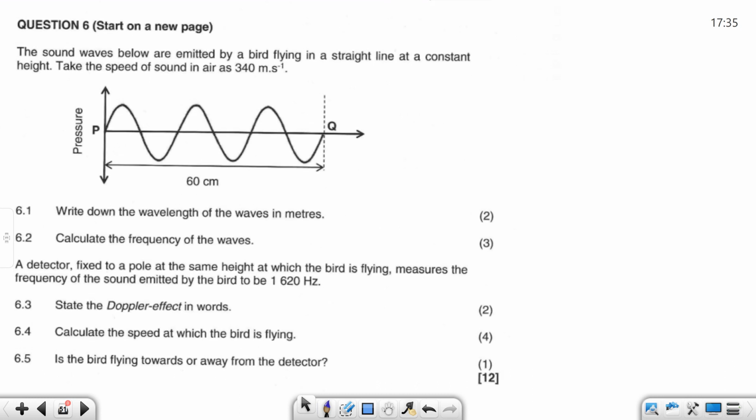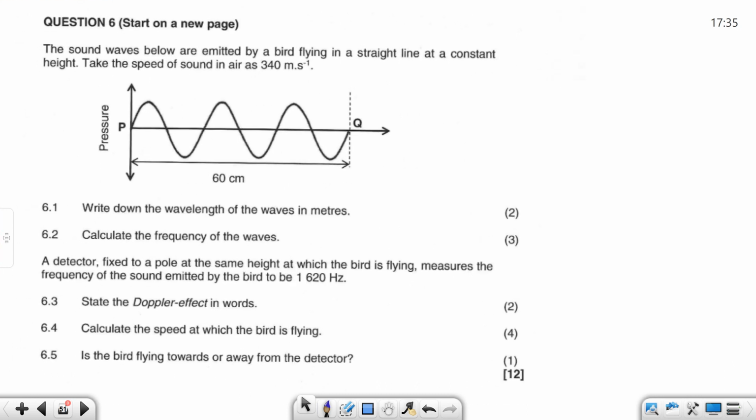12 marks quickly. All right, the sound waves below are emitted. Please let's read. The sound waves are emitted, which talks about what? The source. By a bird flying in a straight line at constant height. Take the speed of sound as 340 meters per second. All right, so we have